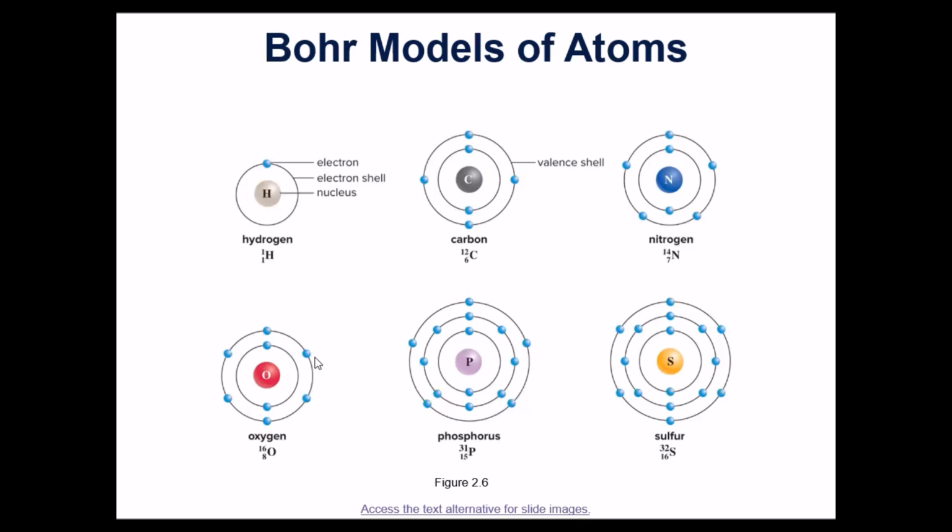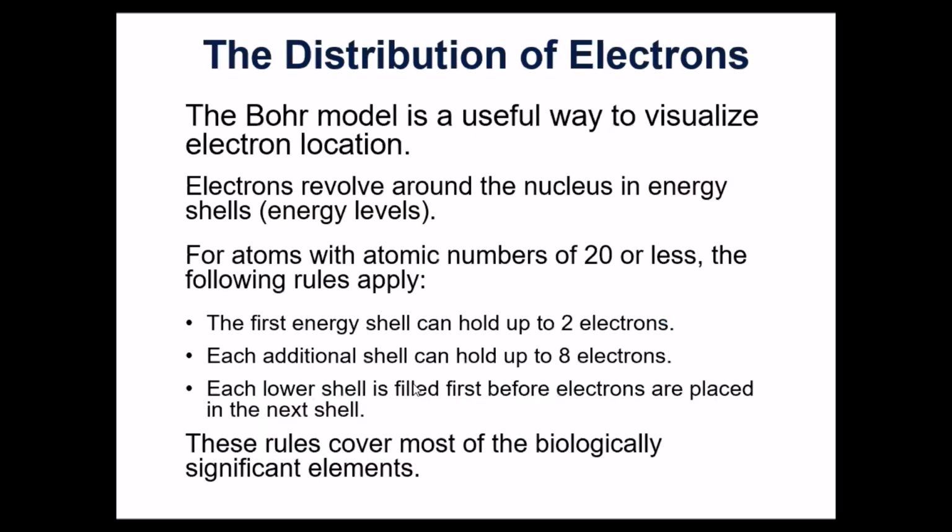1, 2, 3, 4, 5, 6. Oxygen only has 6, but notice phosphorus here: 1, 2, 3, 4, 5, 6, 7, 8. Phosphorus has a complete second level, so its second electron level has a full complement of 8. And then it had extra ones left over, so that goes to the next outer shell. Now the valence electron shell here is this outer energy level: 1, 2, 3, 4, 5. So for phosphorus, it would have 5 electrons out here. Hopefully you see the pattern a little bit. A lot of that is described here.